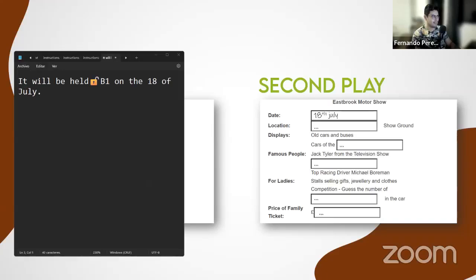Let's listen. This year, the motor show will not take place on the park school field like last year, but will take place on the 3 Tree Showground. will take place